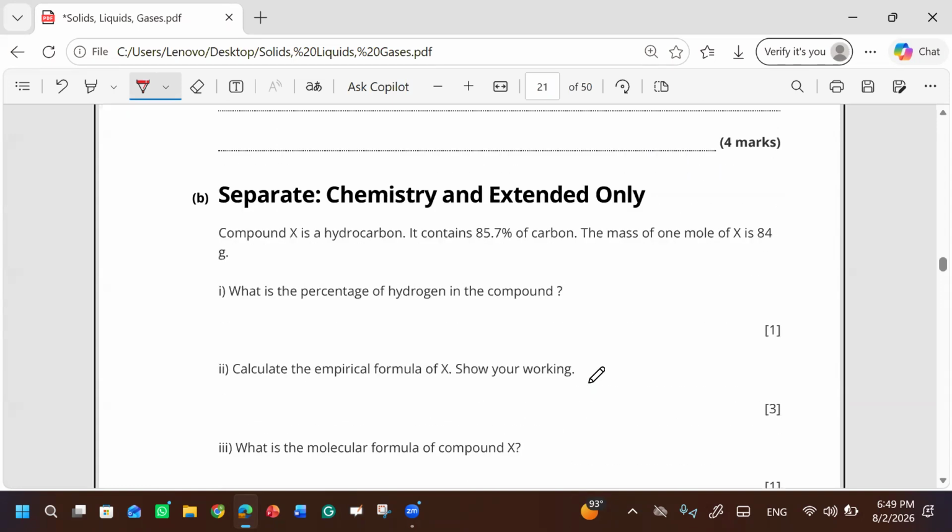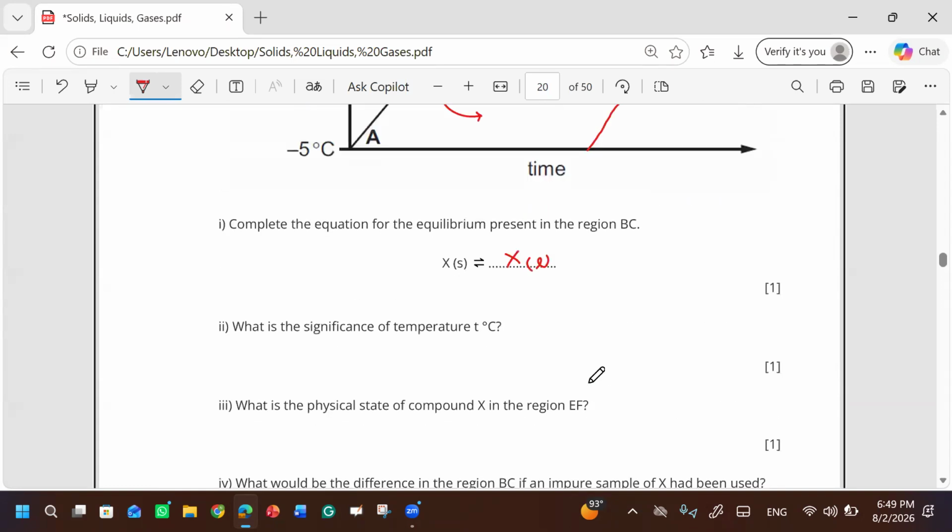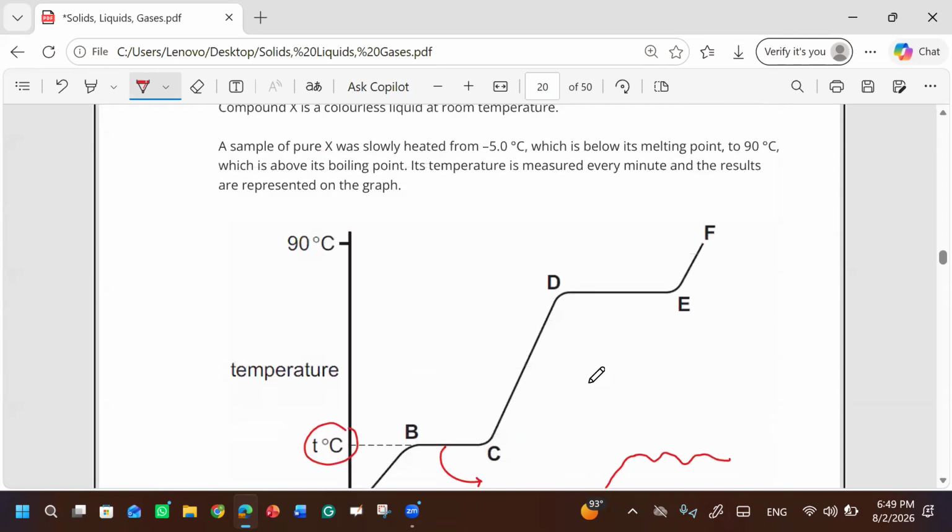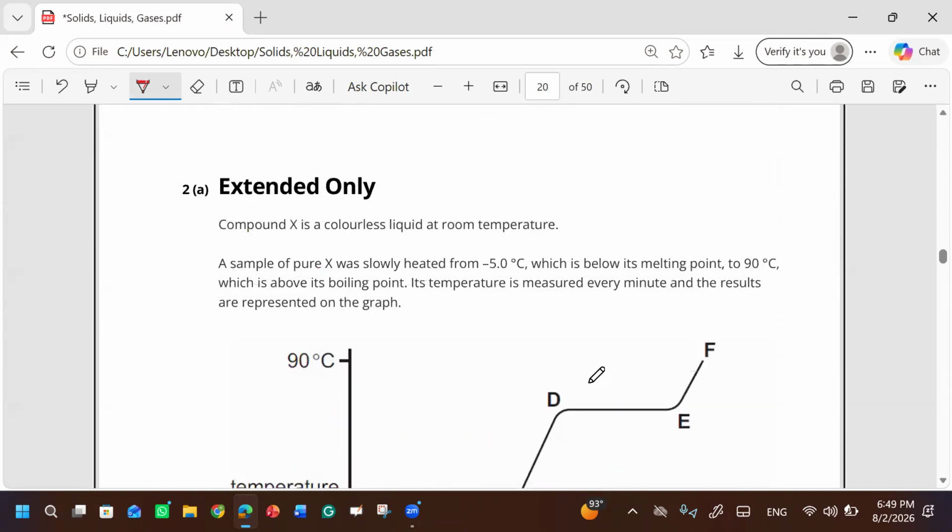Okay. By the way, how do we know if it's a pure or impure substance? They will tell you. Sometimes if you see the temperature is 90.5 to 91.5. Okay, if there is a range, so this will tell you that this is an impure substance. Okay, but if they have given you just 90.5,